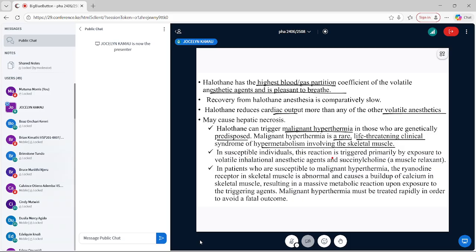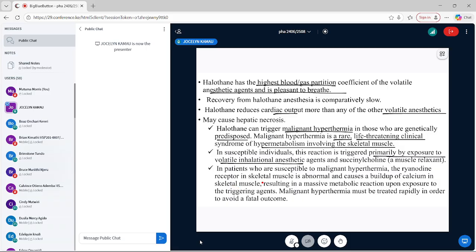In susceptible individuals, this reaction is triggered primarily by exposure to the volatile inhalation anesthetic agent and succinylcholine, which is a muscle relaxant. So when you get exposed to those two drugs, one being a muscle relaxant, the other one being the general anesthetic, then you can get the next reaction. In patients who are susceptible to malignant hyperthermia,